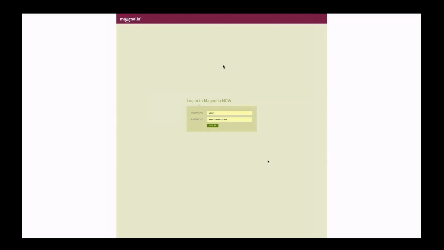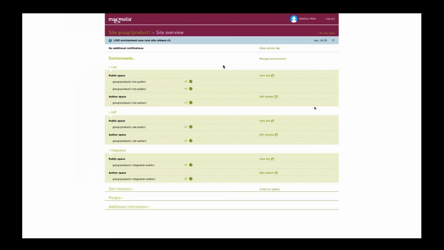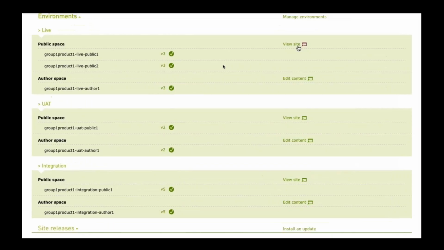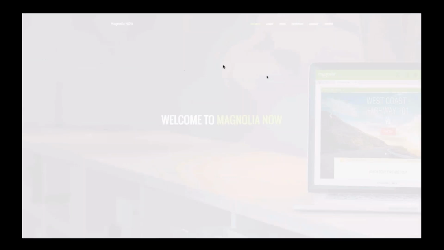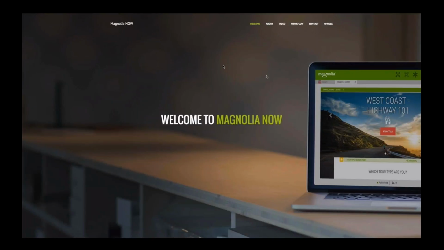For that, we will go through the Cockpit, and through the Cockpit, we will have access to the public instances. So let's log in, and you can see the 3 environments, including the first one, which is the production environment. And we can open the public website. So this is the public website and the main home page. And here we would like to do some tiny improvements, like adding a description under the title, and a call to action button.